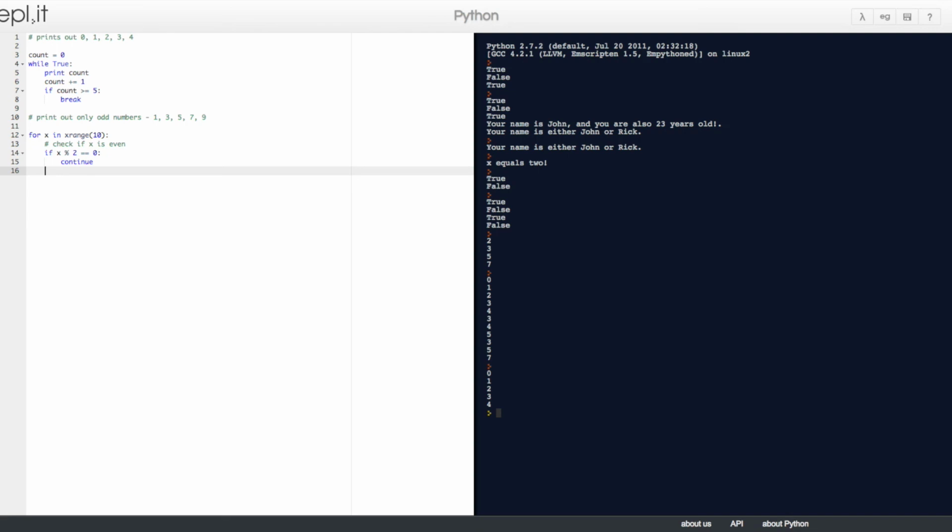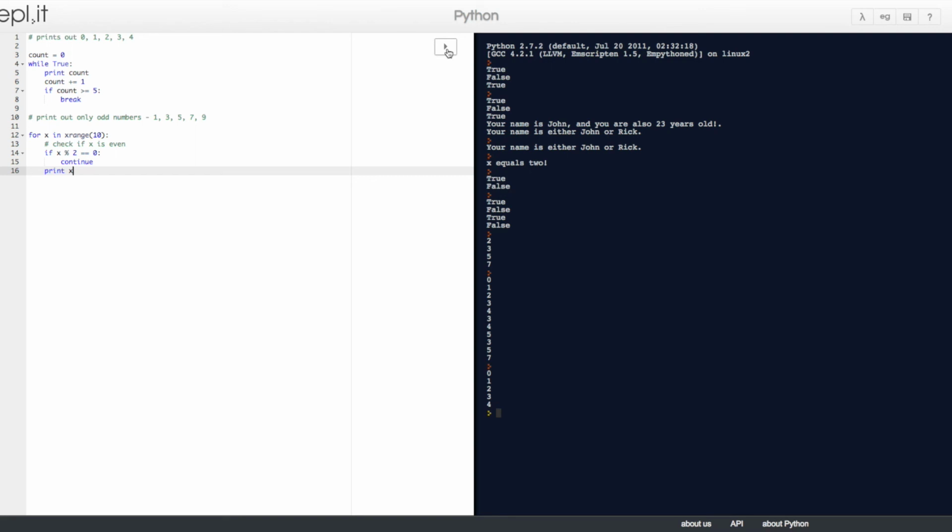And then we go back to our original, before the indentation, we want it to print x. Okay, so when it finds a number that is even, it will continue the loop until it finds a number that's odd, and then it will print x.